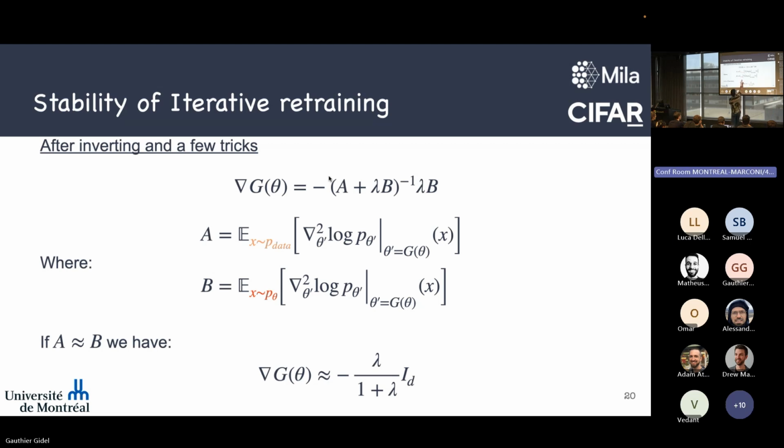When the generated distribution is close to the data distribution, these two matrices are almost equal. But if these two matrices are almost equal, we can simplify this formula because it's basically a matrix inverting itself, and we get that the Jacobian has this form of lambda identity over 1 plus lambda. And what you can see is that this Jacobian has eigenvalues that are all smaller than 1. They are all equal to lambda over 1 plus lambda, which is in norm smaller than 1. And that's thanks to the fact that lambda is not plus infinity that we will actually have this contractive operator